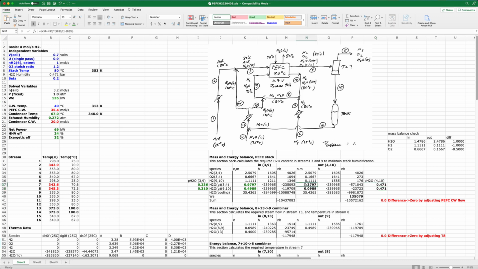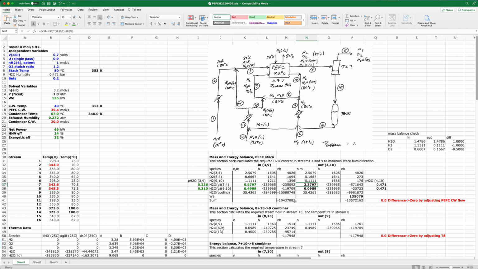So this is the amount of water that must be flowing in stream 4 in order to have a saturation pressure of 0.471 atmospheres. Similarly, in stream 10, we can do the same thing. We know the hydrogen flow rate. We can figure out what the water flow rate must be in order to have 47% water. So those two are known, and then the H2O unknown in streams 3 and 9,